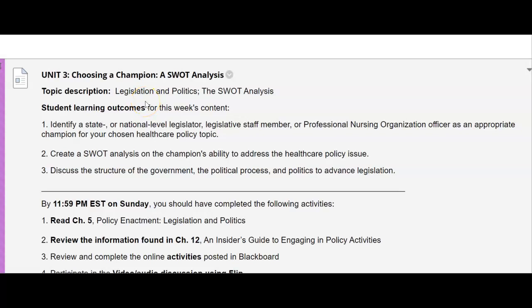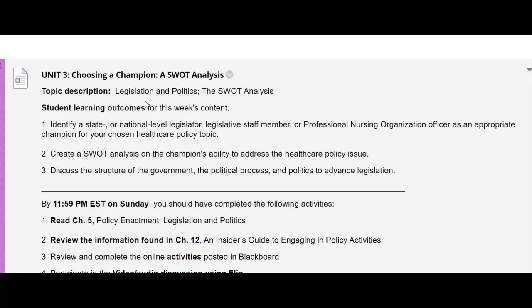Welcome to Learning Unit number 3. We move along quickly in this course, as we do in all of our courses, because they're minis. So in unit number 3, we're going to be talking more about legislation and politics, and we're going to be